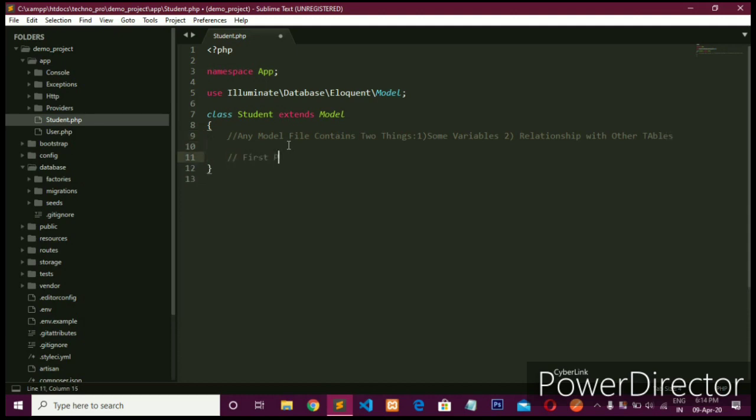In the first part, there are some variables such as: first, primary key; second, fillable or guarded (either you can use fillable or guarded); third, table; fourth, timestamp.